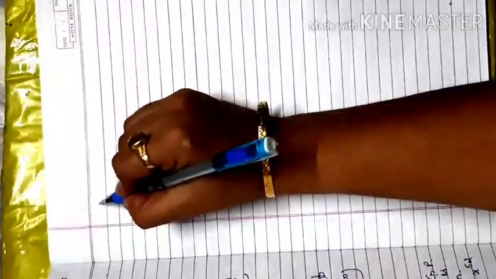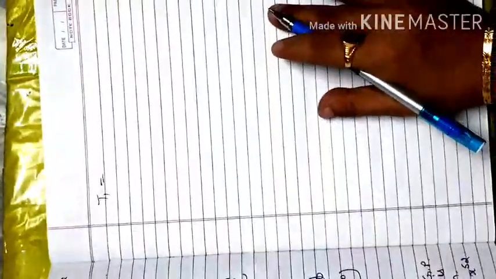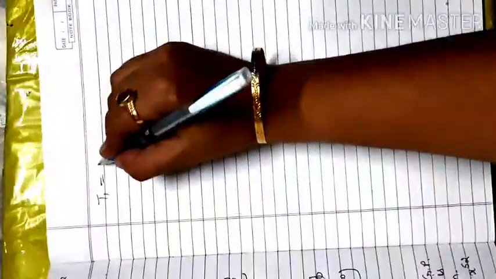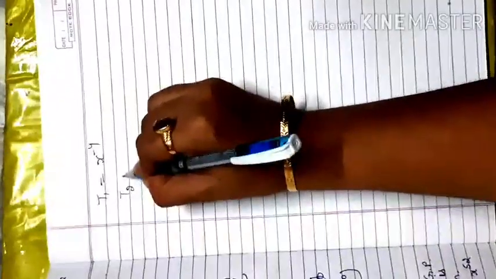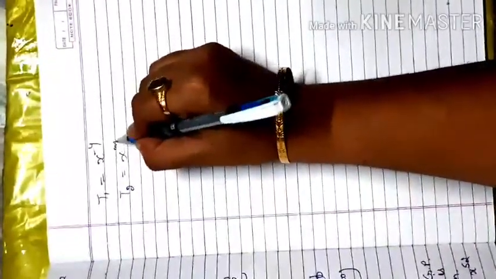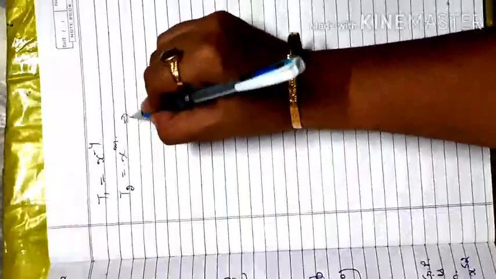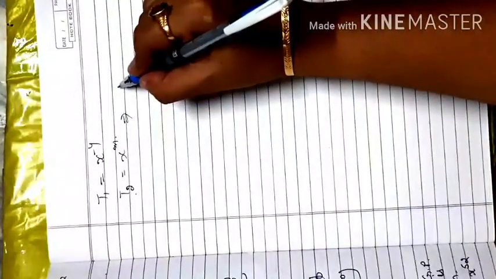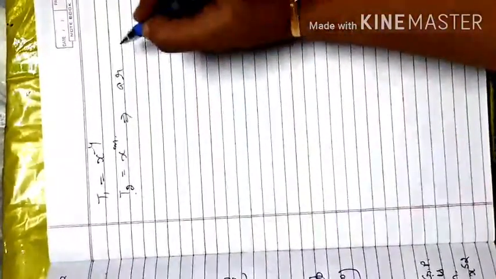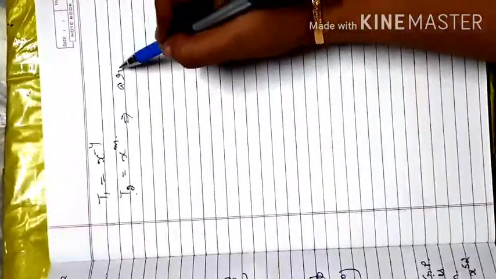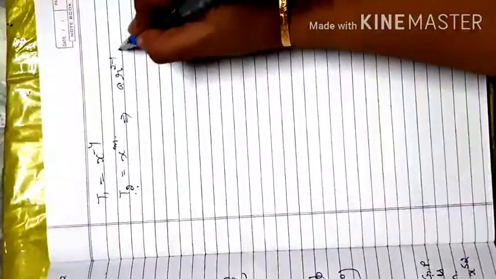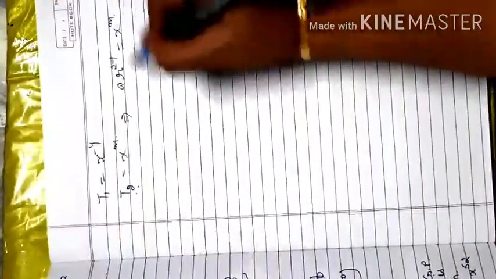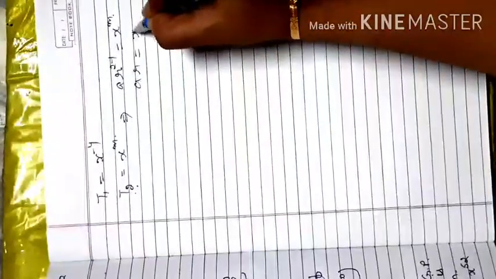If I open t1, that is x minus 4, which is already given in my question. Now the second term is x raised to power m. If I open this according to the GP series formula, the second term is AR, because the R power is the position minus 1, like 2 minus 1. So that becomes AR equal to x raised to power m.